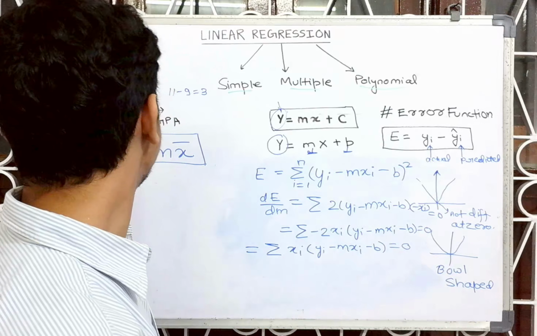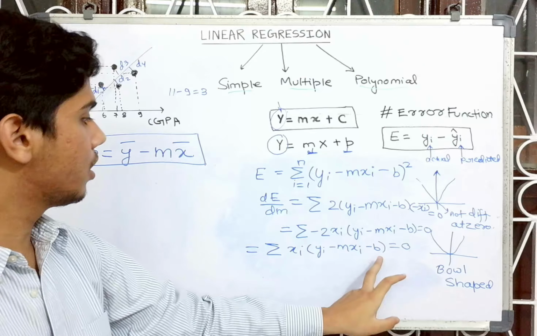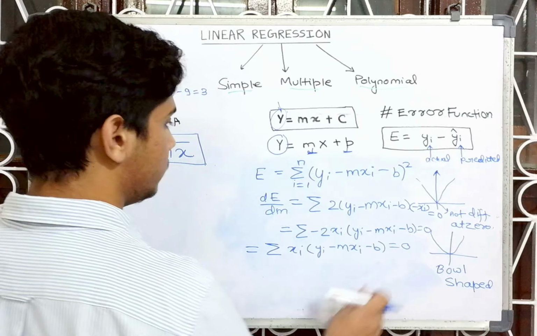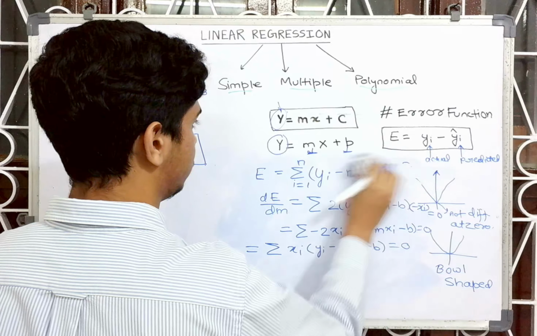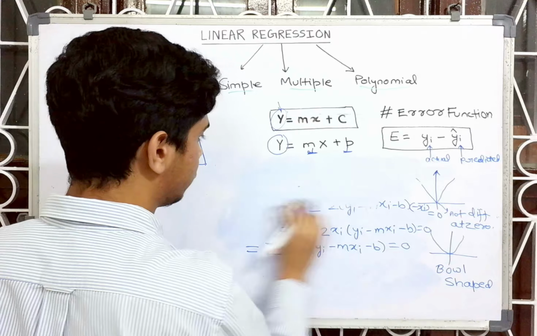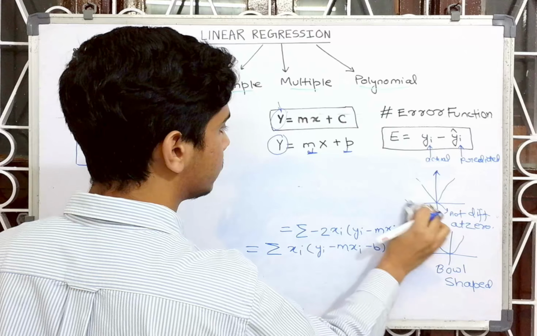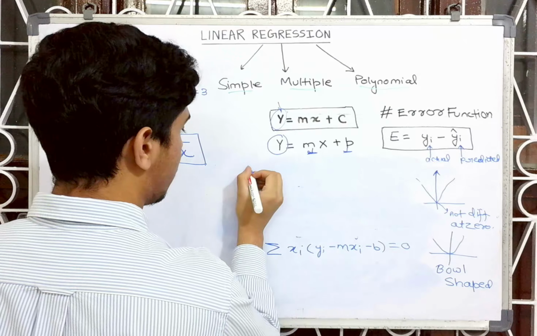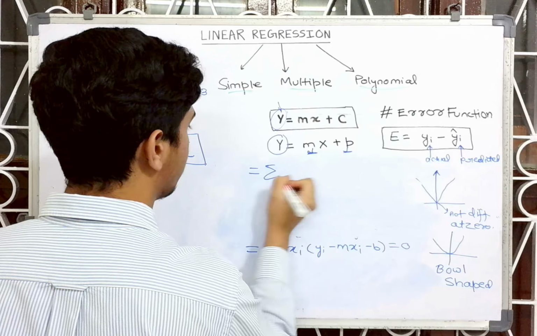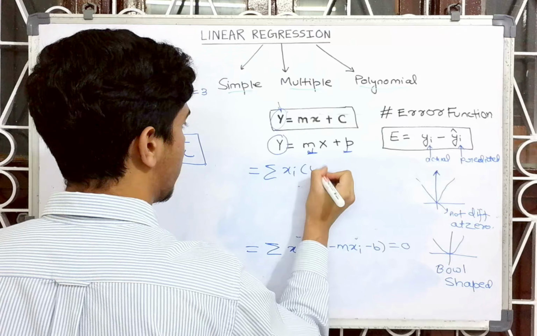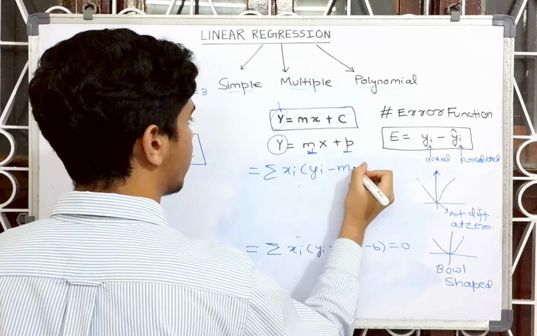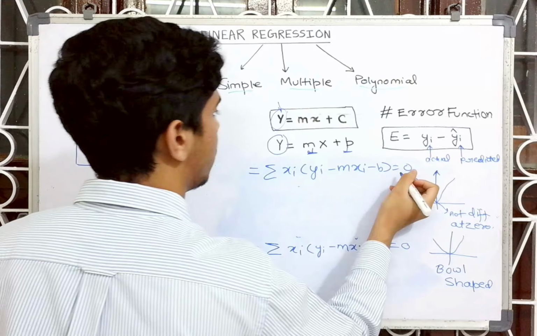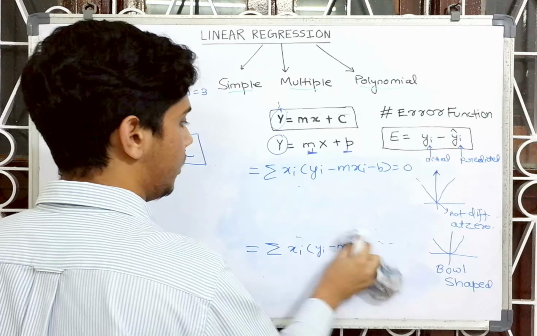If we put b's equation here, we can finally get the equation for m. We had the summation of xi (yi minus m xi minus b) equals 0, and we have to put the value of b,